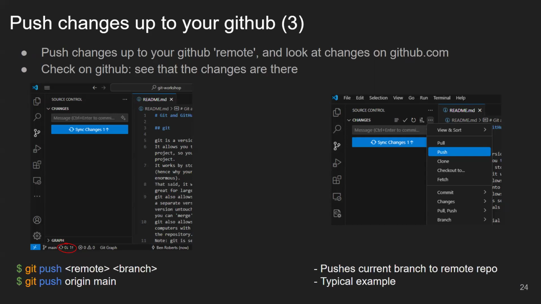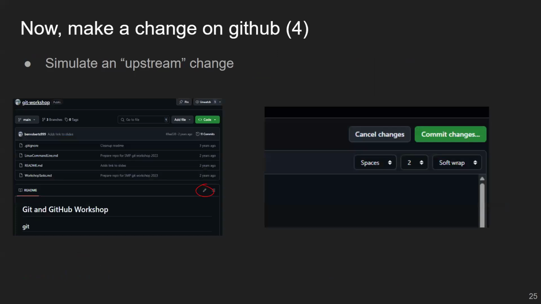Okay, so it does seem like most people have managed to do that, apart from a couple of internet issues, but if you're still having a little bit of trouble, or if you haven't been able to see the changes up on the GitHub, please let us know. But even if that bit didn't work, you'll still be able to go on with the next part of our example. So maybe we'll just continue with that in any case. So what we want to do now